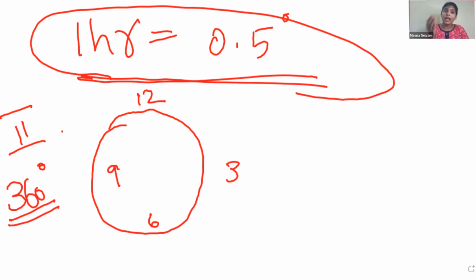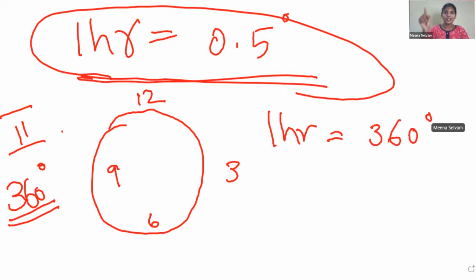Okay, so apply that same 360 degree to your clock, because clocks always move in a circular motion, that is the circular movement, right? So for a period of 1 hour, there happens a 360 degree rotation. Starting from the 0th point, it rotates 360 degree, again comes to the same point to complete 1 hour. Right? So we can write down like